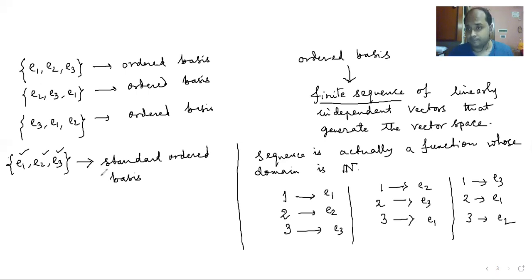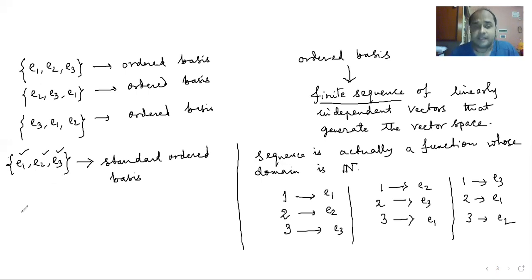counting. You do not make the child count from 1 to 10 like 9, 8, 1, 2, 5, 6, 4, 10. Not like this. You give the child a sequence: from 1, then 2 things 2, then 3 things 3, then 4 things 4, like this. You keep on going like that. So that is the standard way of counting. Each of them is an ordered basis. If you consider the standard counting technique, 1 comes first, then 2 comes second, then 3 comes third,